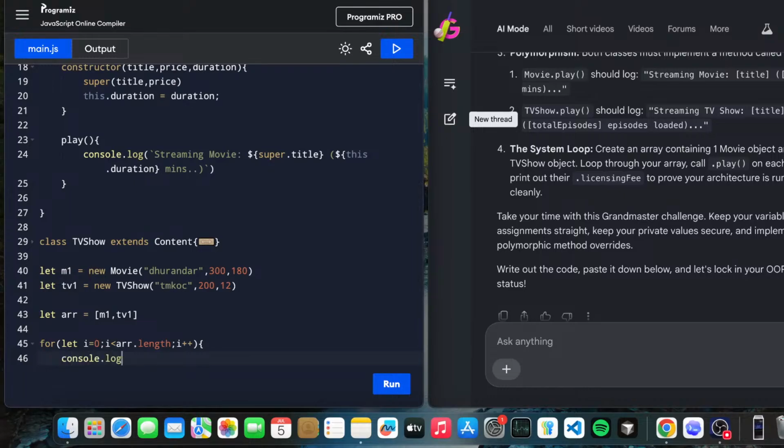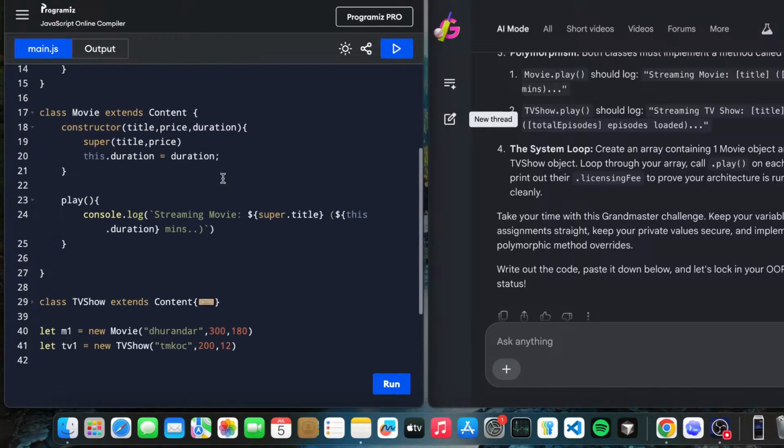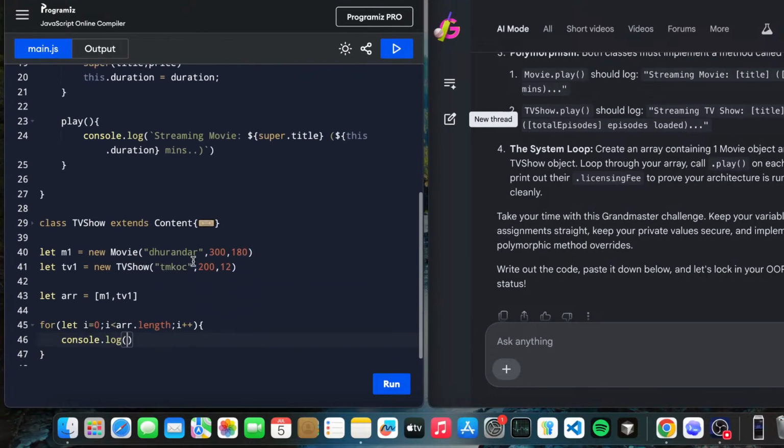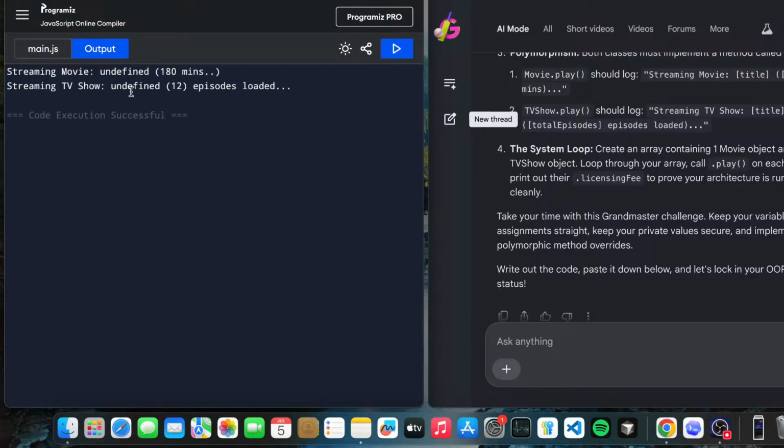We don't have to console dot log; we just print the array's individual class instance, instance dot play. Let's run play first of all. So undefined.